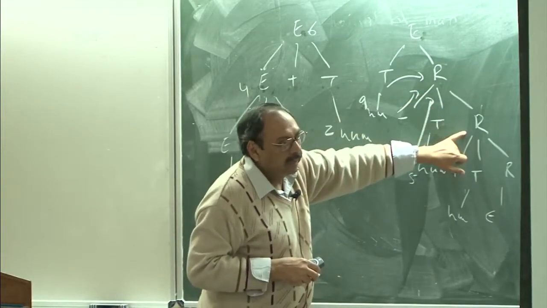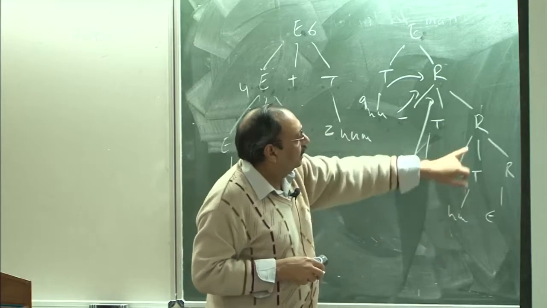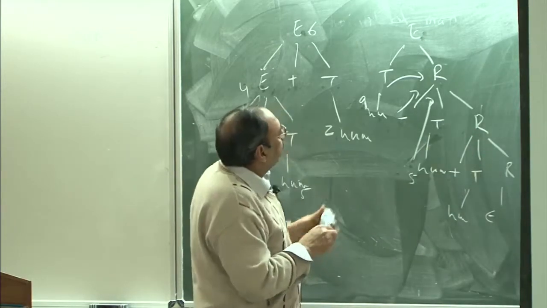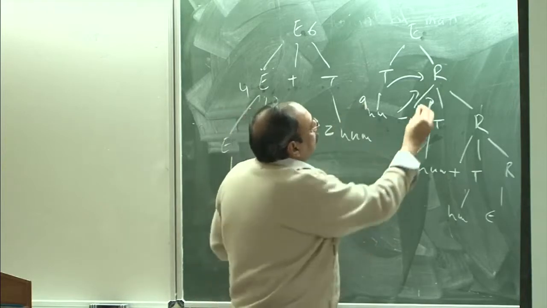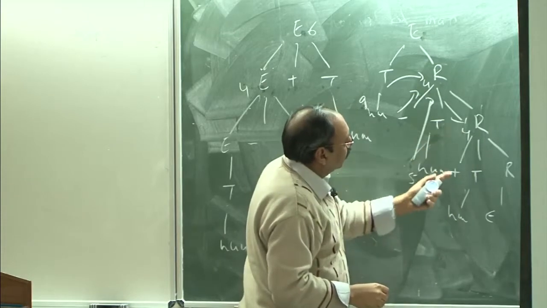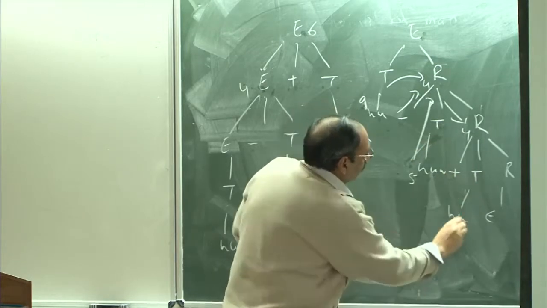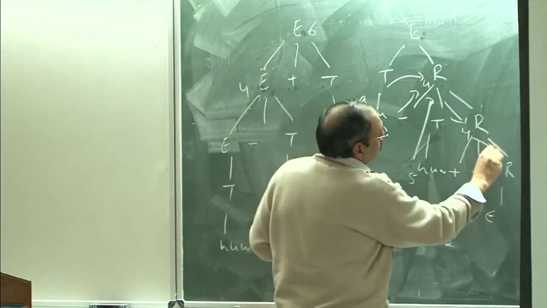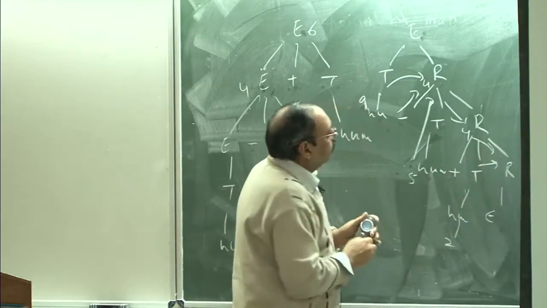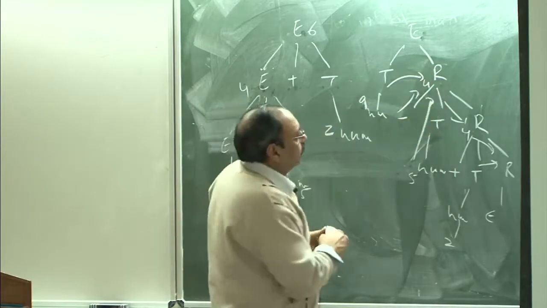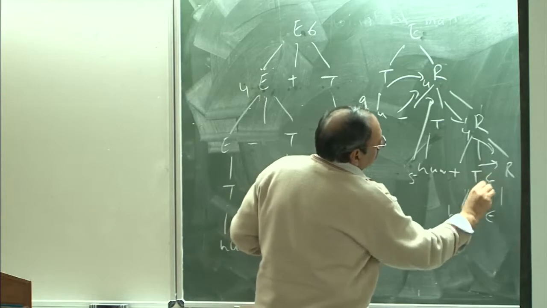Then I take it down, okay, and then say now I know this, and therefore I can recompute this value here, right. So, if I say that I have 9 minus 5 which gives me 4, and then I take 4 down here, and now I say I know 4 here, I know plus, and I know the number here is 2, then I can recompute this value here. Now, you can see that what I am using here is our L attributed definitions. Okay. So, this value can then become 6 here.